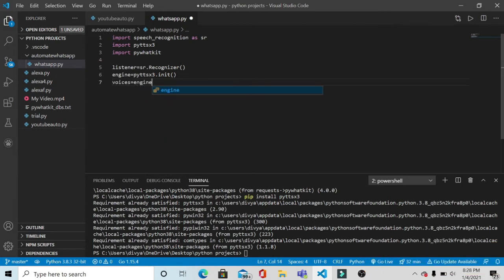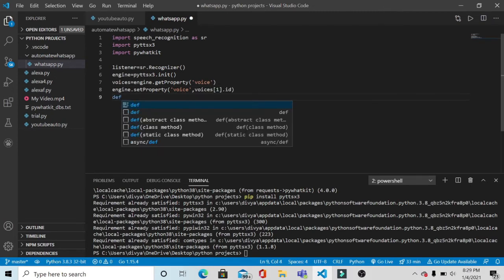So engine dot getProperty voices. What it will do is call an array of voices. After calling the array of voices, we have to set the property of voice to index 1. The voice of Alexa is set at index 1.